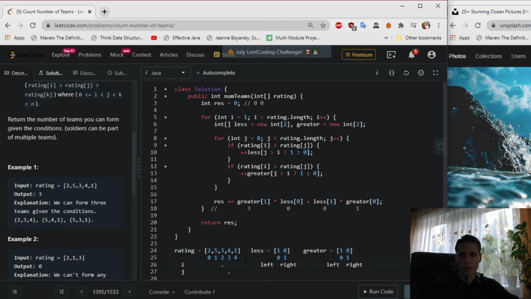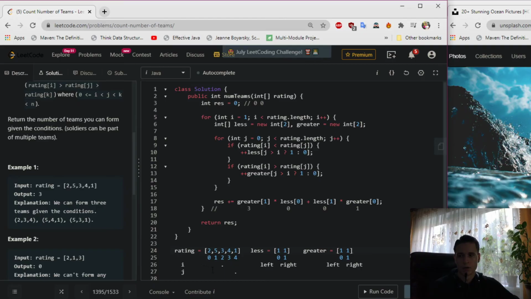So 3 is less than 4, we increment in that less array the position of 1 by 1, and we go here, right, and here we can see that 3 is greater than 1, so we increment in that greater array the position of 1 by 1,